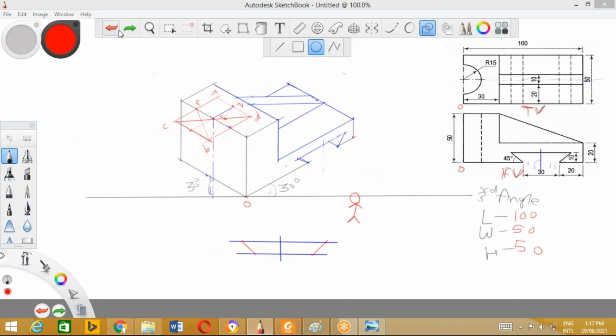Okay, now it's not perfectly drawn. This is the circle which I have joined. Now with B at center and BP or BQ as the radius, draw a curve.